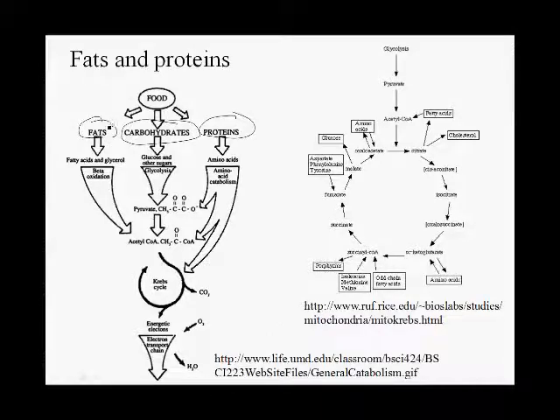Well, fats are broken down, catabolized into fatty acids and glycerol. Most of that energy in fats is in the long-chain fatty acids. The fatty acids are broken down through a process called beta oxidation. And again, you don't actually need to know the name of that. What you should know is that fatty acids are broken down, and the product of the breakdown of fatty acids is acetyl-CoA. Okay? So there's no energy released during the breaking down of fatty acids into acetyl-CoA, but once you